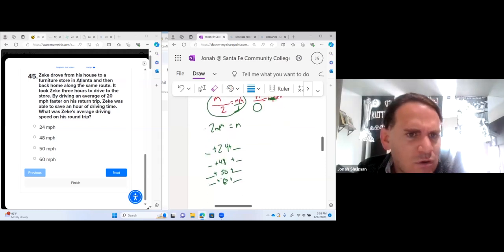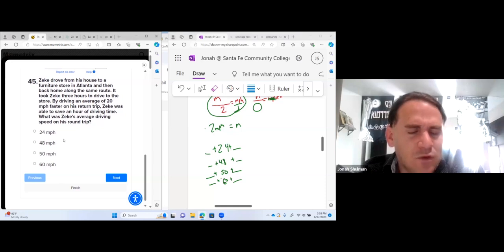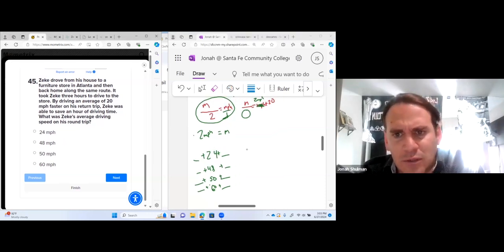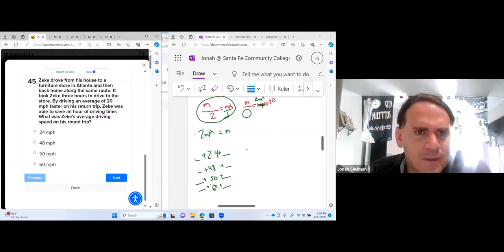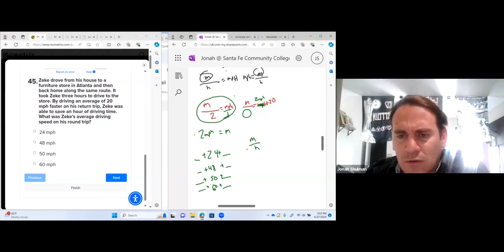And we know it took Zeke 3 hours to drive to the store, right? So the way there, the shorter way, is 3 hours. It took him 3 hours to drive to the store. So we know that the first one, miles over hours, equals MPH. And if I have 3 hours here, and I have miles, and then I have, this is going to be,